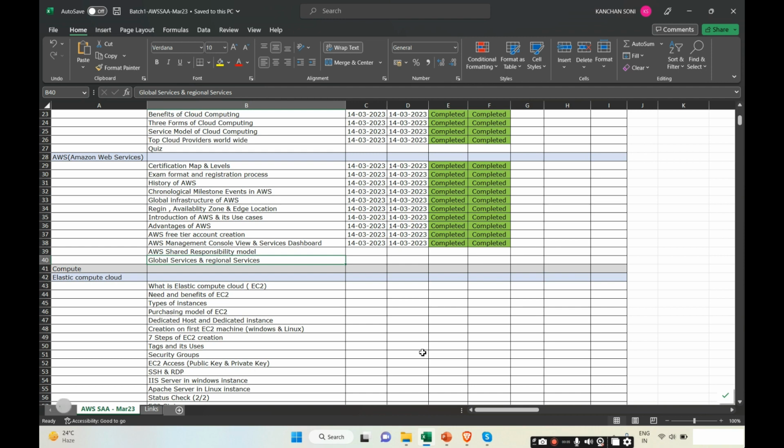EC2. Let's see how it goes. Okay, and before that, let me give you a small brief description about these two subtopics which are remaining, which had to be completed by yesterday, but it has not been done. So,